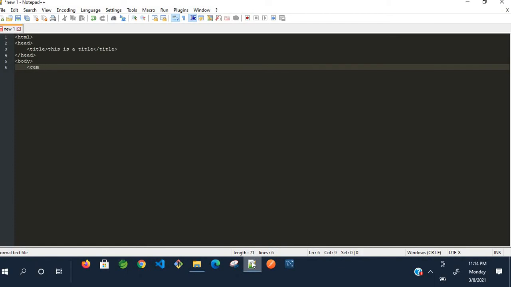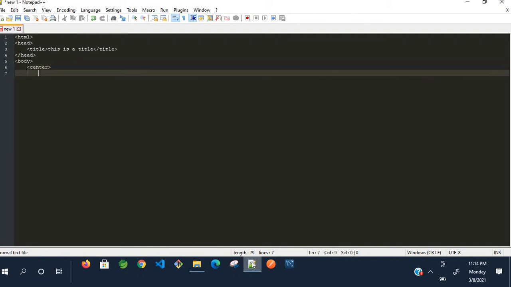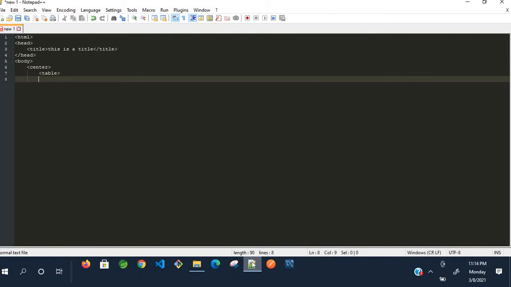So I'll get my table in the center. Start a table tag. Inside this we have to give the header, th, that is the header.